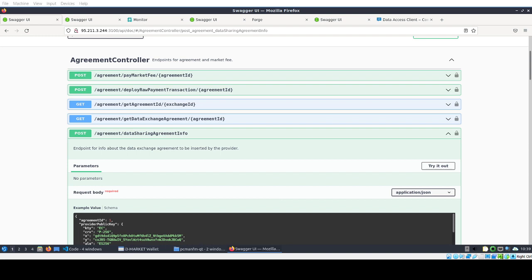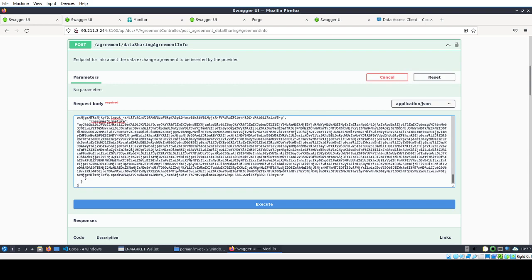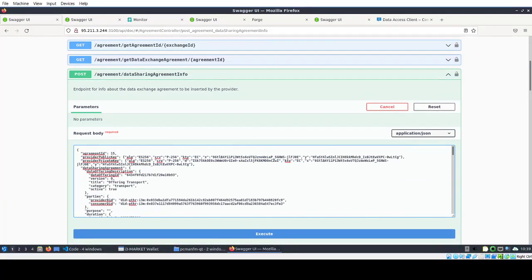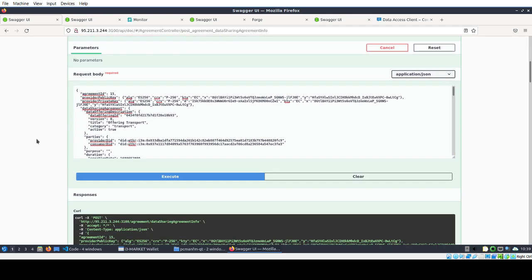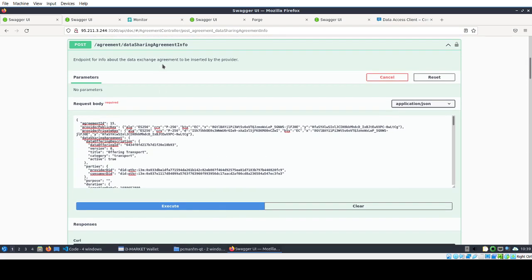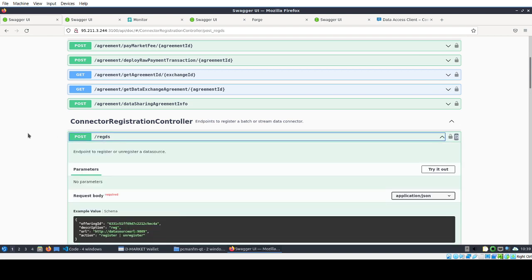So for example, okay, here I already have a data sharing agreement that I created between the consumer and the provider. So I can use this one to disclose it to the data access API. Okay, so after it is disclosed, the next thing the provider has to do is